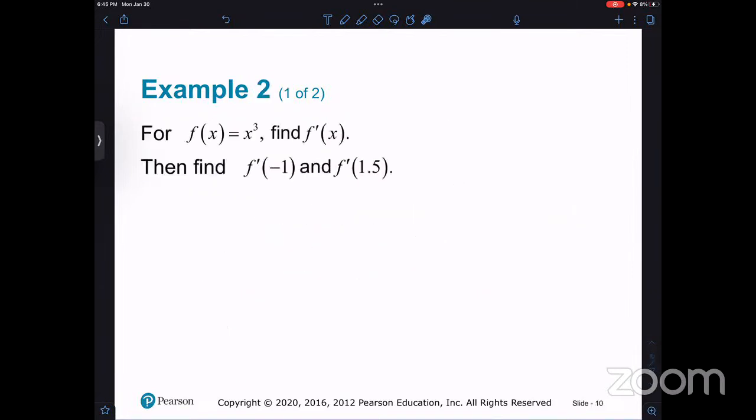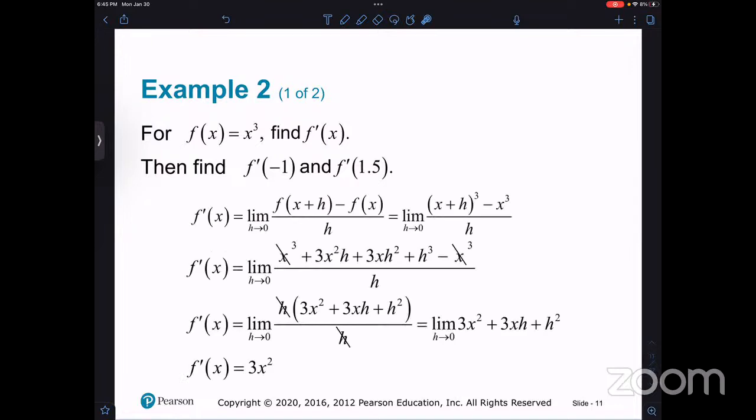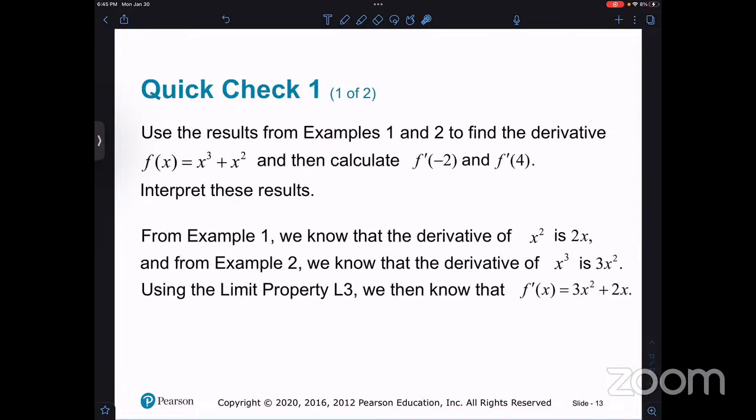Okay, let me see. We're doing pretty good. I know this one is intense because of that cubed. I think I'm going to bypass it for now. I'm going to leave it as an exercise. Let me just see what else we got. Because that one, we can do it, but it's not really different. It's just a little bit more intense because of the cube.